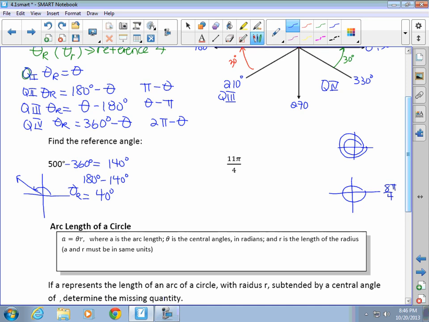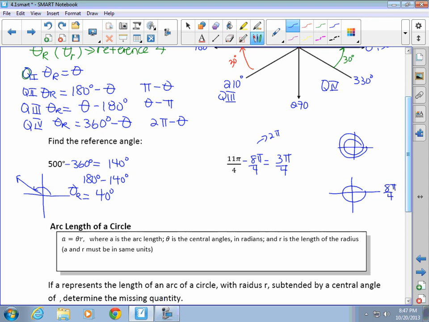So I'm subtracting from here 8 pi over 4. So that leaves me with 3 pi over 4, because 8 pi over 4 is the same as 2 pi. Just like here I subtracted my 360, from there I subtract my 2 pi. So 3 pi over 4